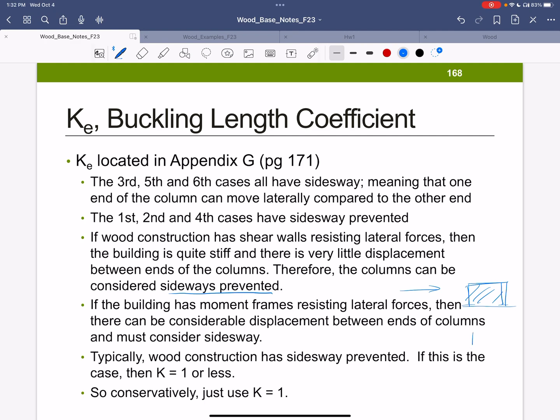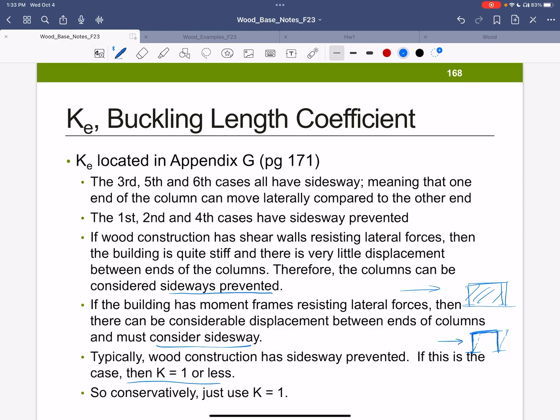If I don't have a wall and I just have individual columns with cross members as frames, that stiffness and the connections between these two are what are resisting the lateral forces. But I must consider that this is going to have potential for side sway. So, consider side sway. Typically, our wood construction is going to have side sway prevented, and then I can use a K of 1 or less. Now, because wood, basically, if I want to be conservative here, I can refine this if I need to